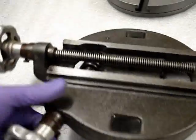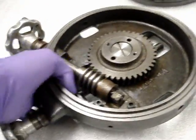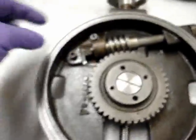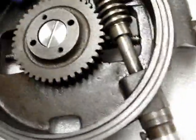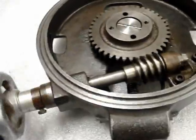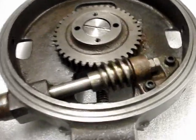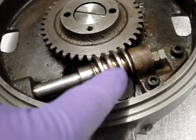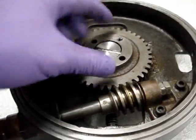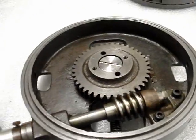Let me flip it over so you can see the underside, or I guess the top. And you can see it's very clean. I cleaned everything up. It's got the worm screw mechanism. It is in excellent condition. As you can see, it turns freely. Whoever buys it probably wants to put just a little lubrication in here, although I will also. And then this, of course, is the large gear that the table bolts to over here, which accomplishes the rotary